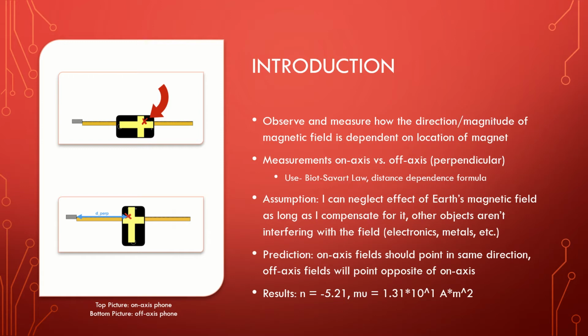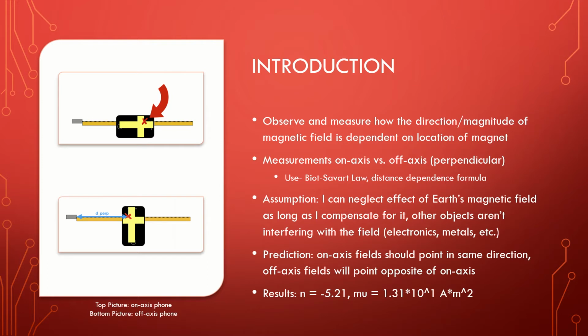The top picture shows how my phone should be oriented for on-axis measurements. The bottom picture is how it should be oriented for off-axis measurements. I'll also be using and applying the Biot-Savart law and the distance dependence formula in order to find an experimental mu